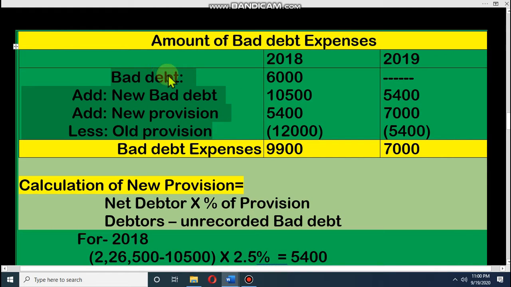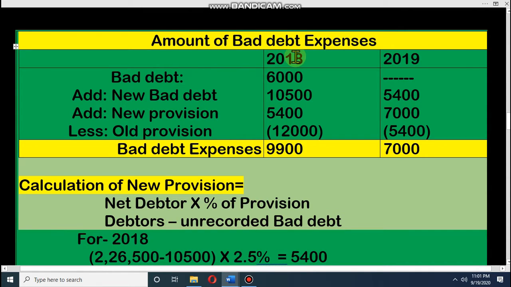At first you have to write bad debt, that means the recorded bad debt. Then new bad debt, that means the unrecorded bad debt. Then new provision or new reserve, then old provision or old reserve. So dear student, bad debt plus new bad debt plus new provision less old provision, this is the formula for determining bad debt expenses. Dear student,